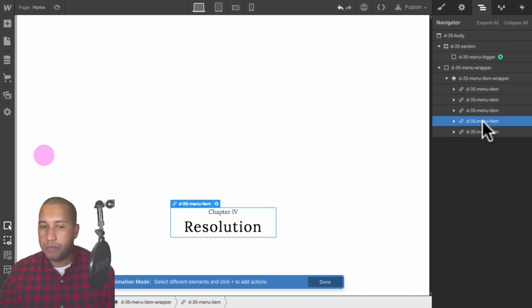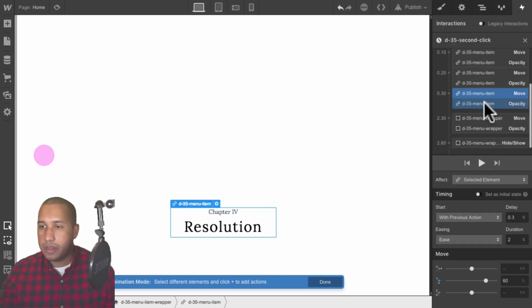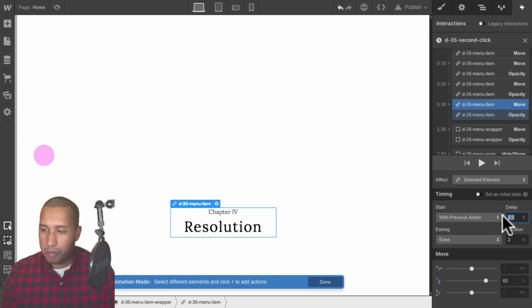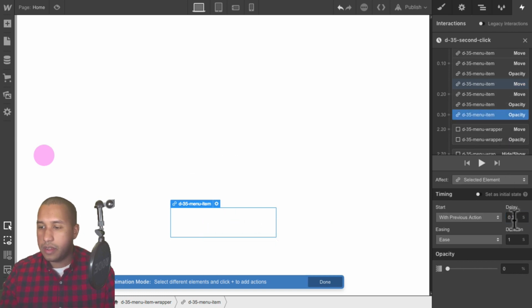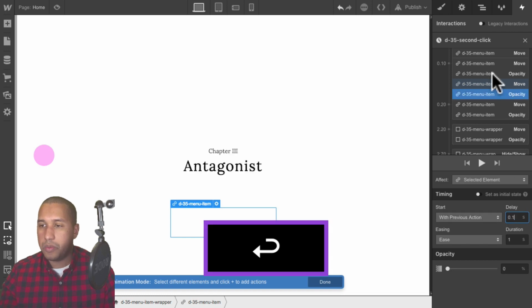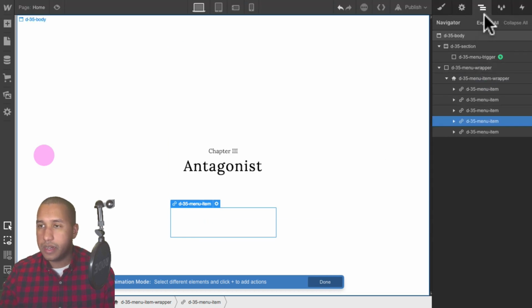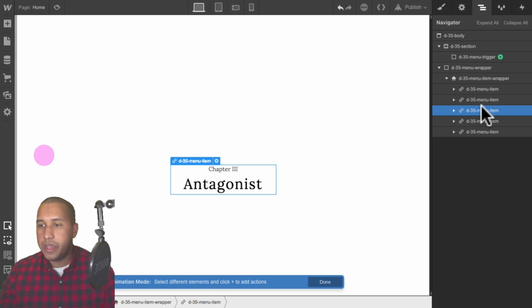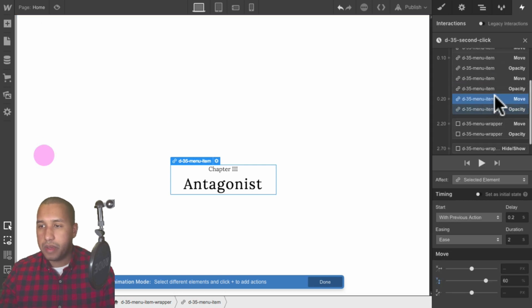Then I'll select menu item 4, and so we have it here. This is going to have a delay of 0.1, and the opacity is 0.1 as well. And menu item 3, select it here. When you select it in the navigator, it highlights it in the timed action, so that can be a good reference or an easy way to know which menu item you're working with, because they all have the same class name. So for the third menu item, that can stay at a delay of 0.2 because it's